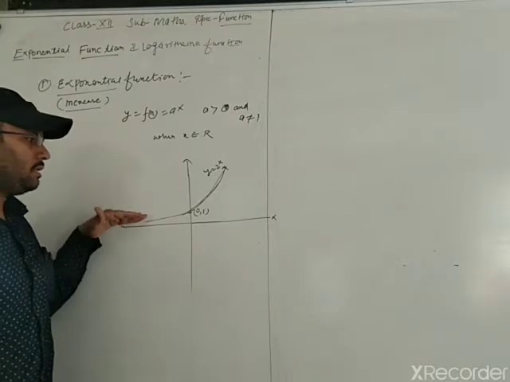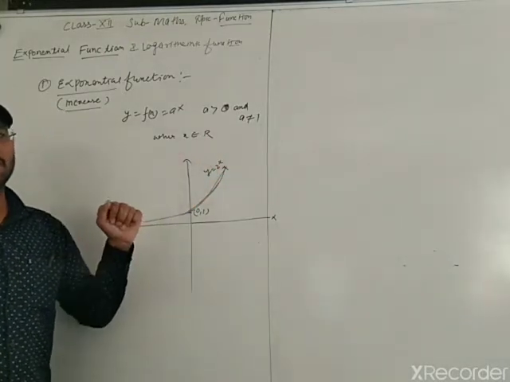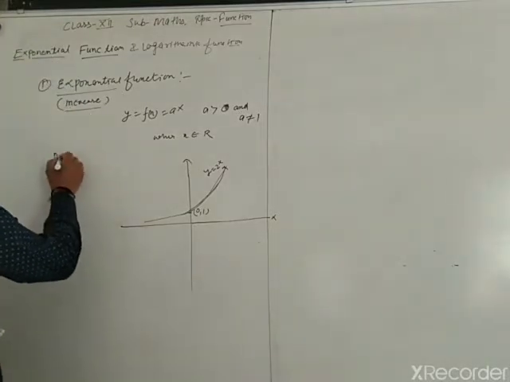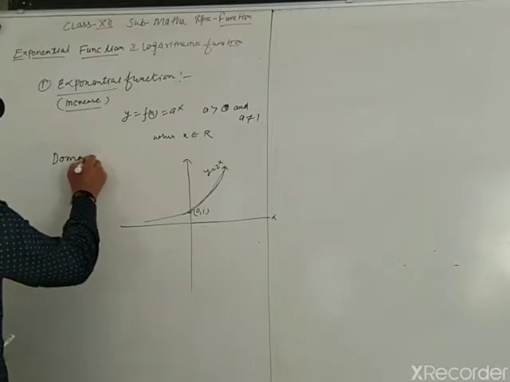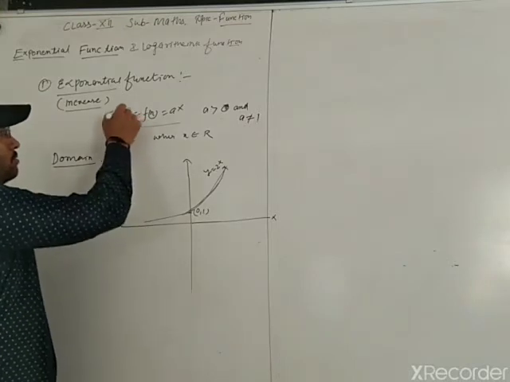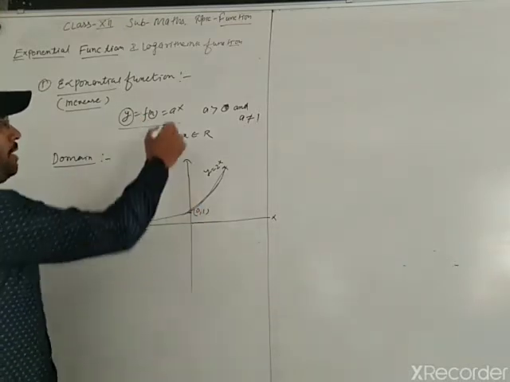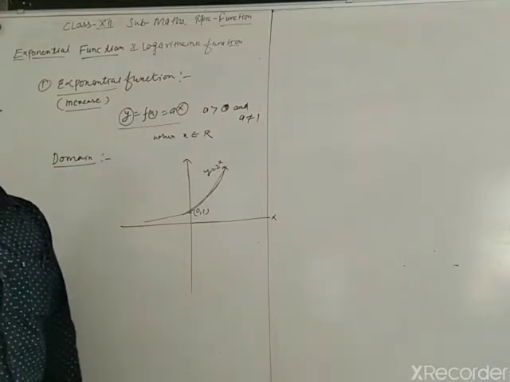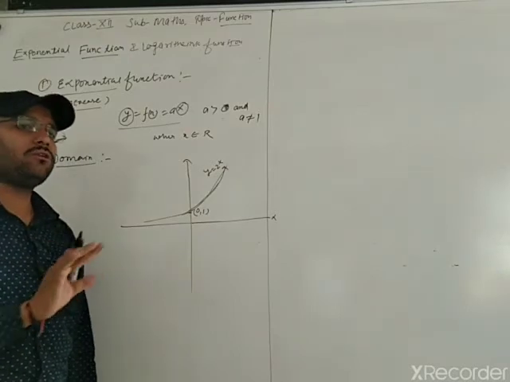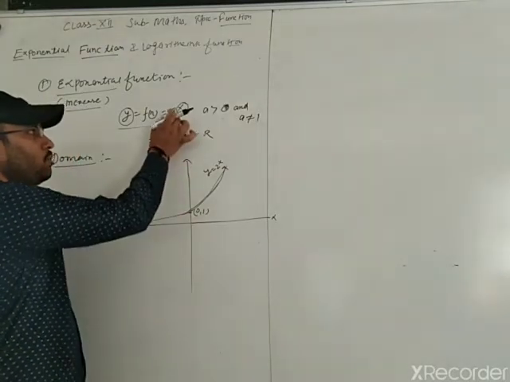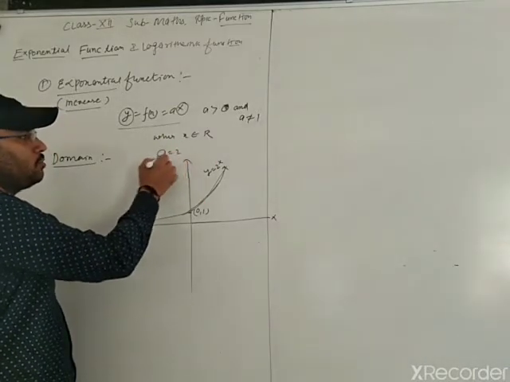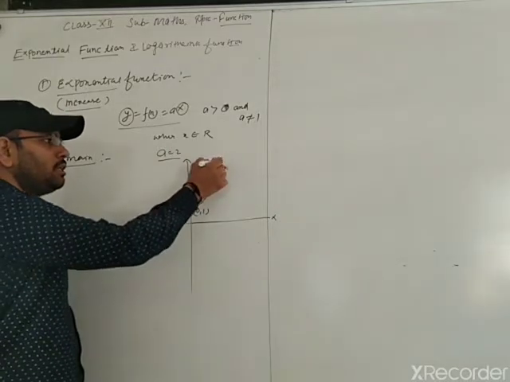So what do you see? That the graph is continuously increasing, clear. Now come back to the domain and range of this function. What is the domain? Just look at that function. The value of y depends on the value of x. Why? Because once we take a, suppose 2, we are not going to change 2. So 2 is constant in that case. Suppose we have selected a is equal to 2. Now what are we going to change? We are going to change the value of x.